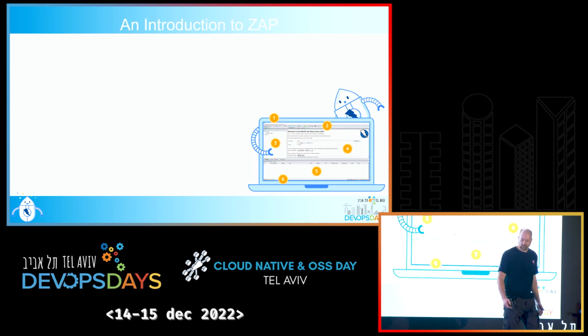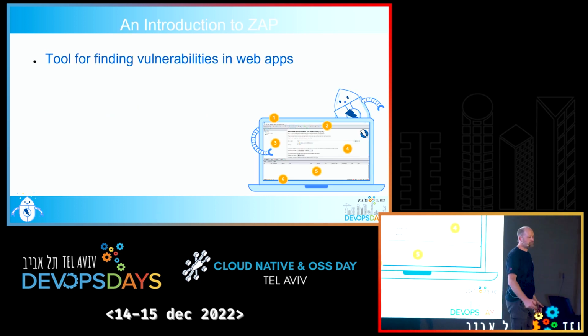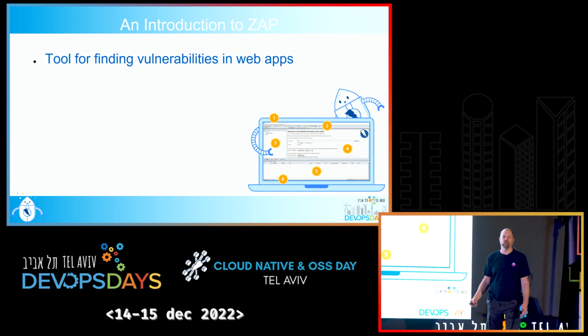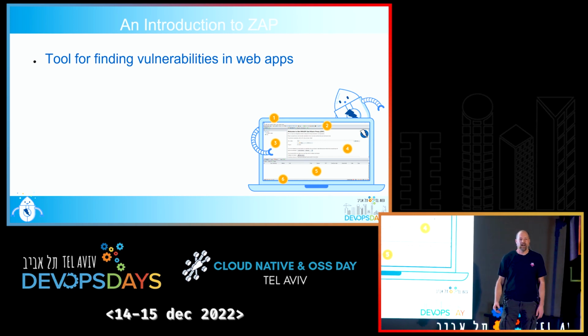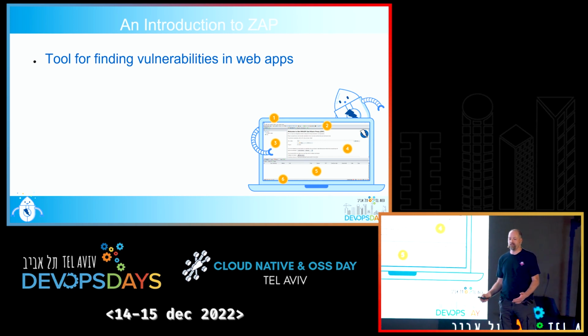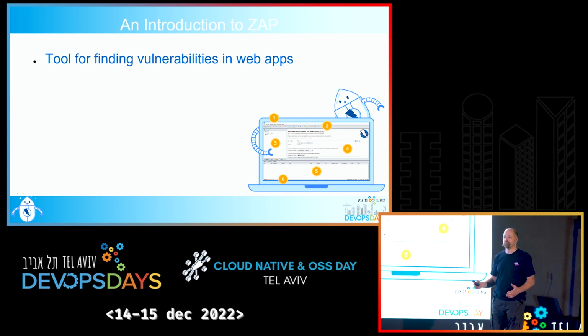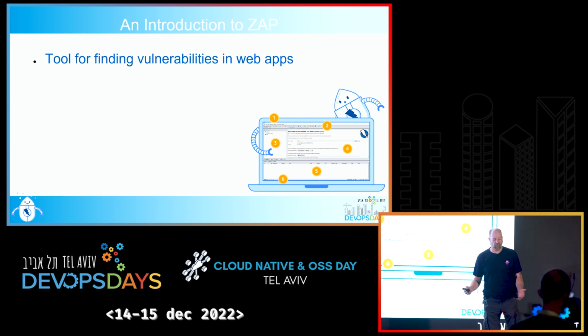So, an introduction to ZAP. ZAP is a tool for finding vulnerabilities in web applications. And in this case, you may know about certain vulnerability scanners, particularly network ones, which work on,